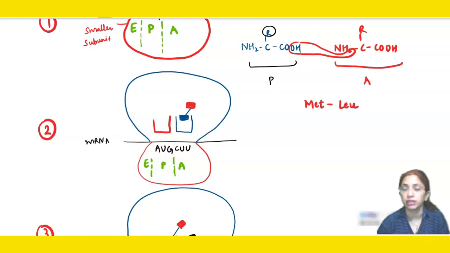Remember, while giving examples, the first amino acid you have to take is methionine only. The second you can take of your own choice because the initiator codon is always methionine. So both the amino acids will unite by the peptide bond. That's what I have shown you in step number 2. See here, the aminoacyl site has two amino acids which are shown in the form of blocks, right? The red block is methionine and the blue block is leucine.